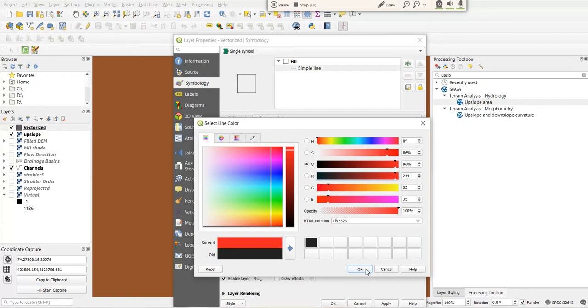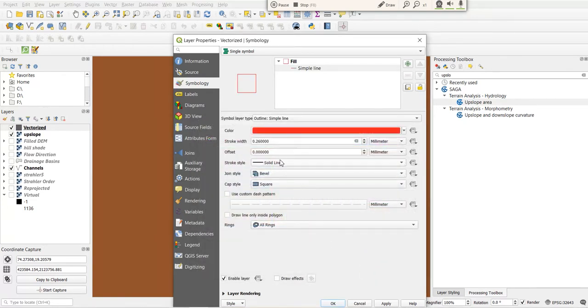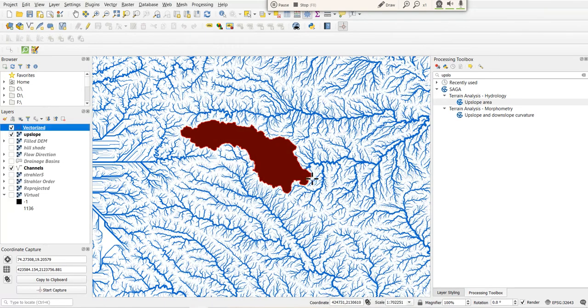Okay, and there is stroke width and all these things, joint style, you can do all of it, and apply. Okay, so this is that vectorized form, we can see it here. So this is the catchment area.